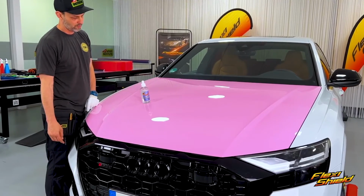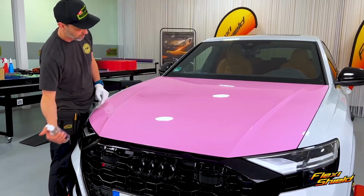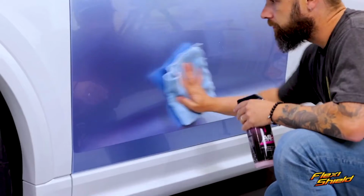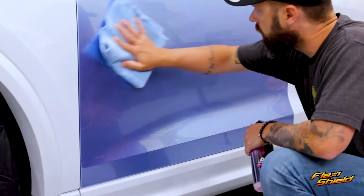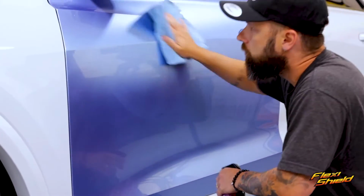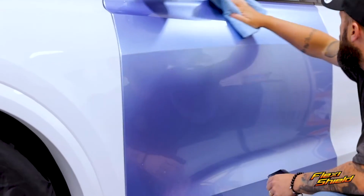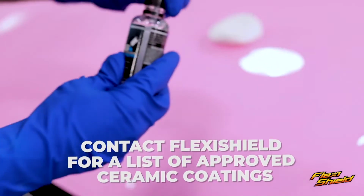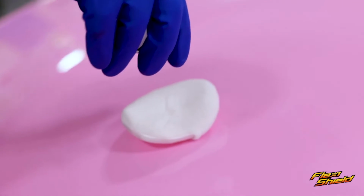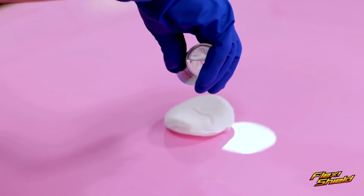Note that the top coat has a low surface energy, which makes it easy to clean. And when cleaning, be sure to use products that are safe for TPU film. Be sure to clean the car on a regular basis in order to maintain the high gloss finish. And to make it even easier to maintain, it's highly recommended to add a ceramic coating on top as well. This will help protect the top coat, maintain that high gloss finish, and make it much easier for your clients